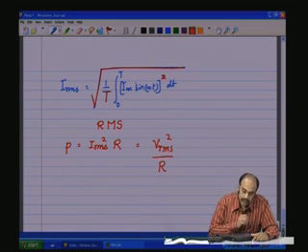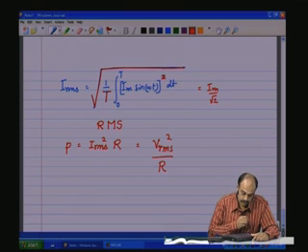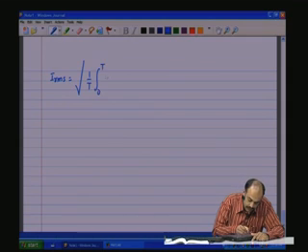Now, if you integrate this, you should be getting Im by root 2. So, let us just verify that. I RMS equals square root of 1 by T integral of 0 to T Im square sin square omega t dt,